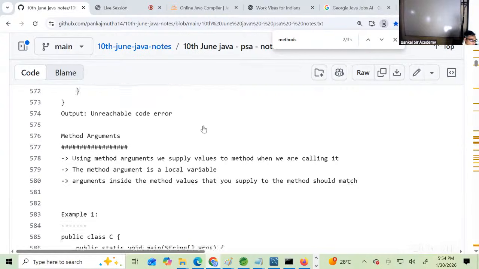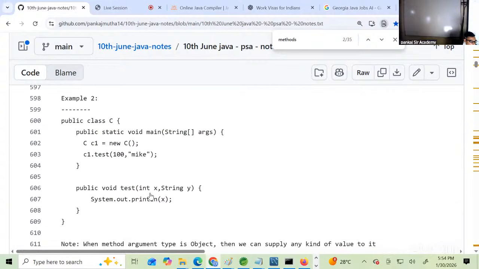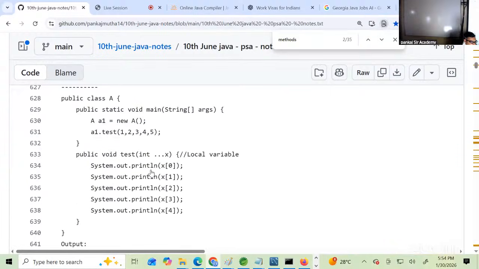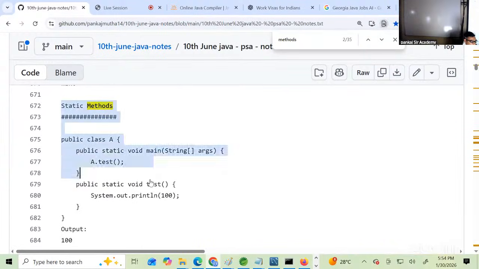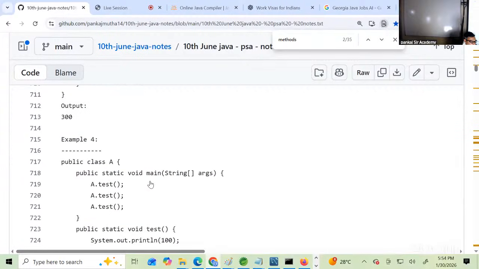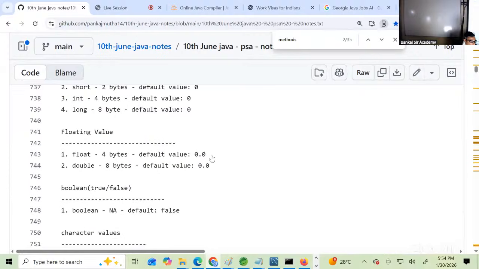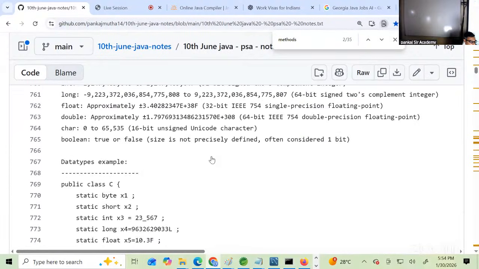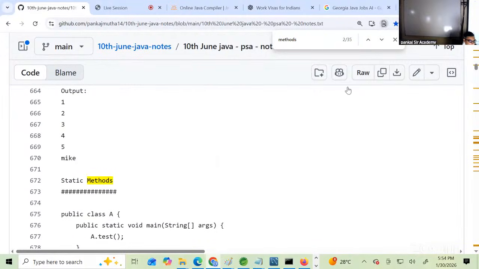So in Monday's class we are going to talk about method arguments, and after that a very interesting concept, static methods. A few examples we are going to take. Then after, we have the data types concept. Now I'm going to give you one simple video which you will have to cover. Just go to my notes, press Ctrl F, and